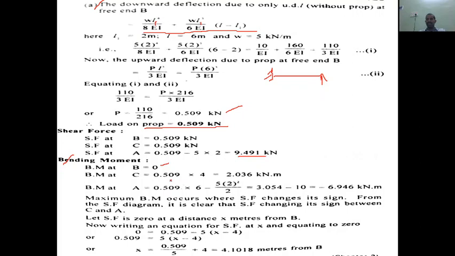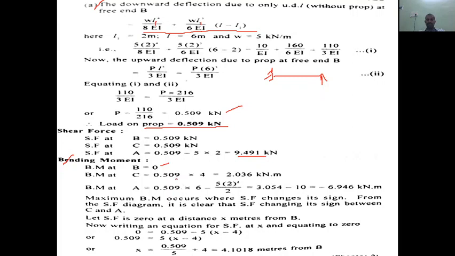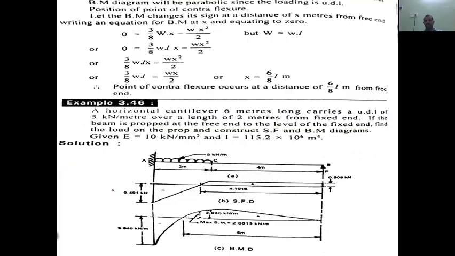Now bending moment at C is equal to simply this force multiplied by this distance, that is 0.509 multiplied by 4. Yeah, 0.509 multiplied by 4 will give you 2.036 kilonewton meter. And similarly, bending moment at A at the end, right? Bending moment at A is equal to,